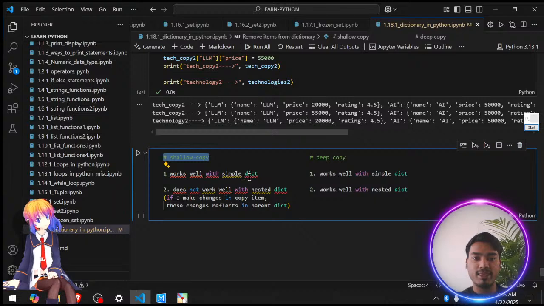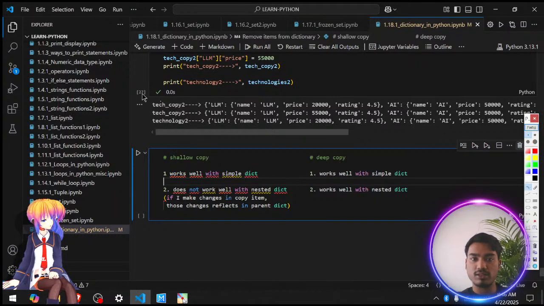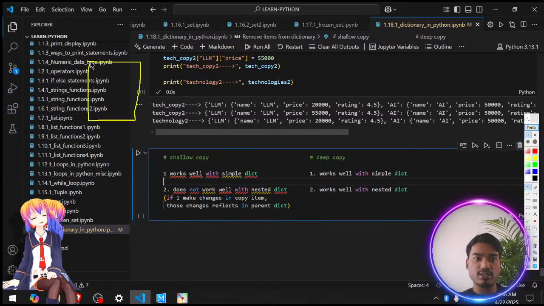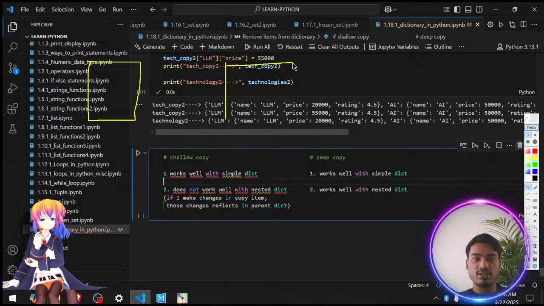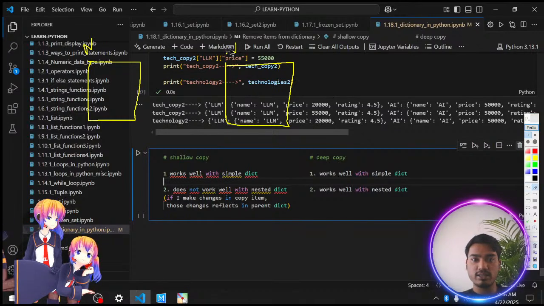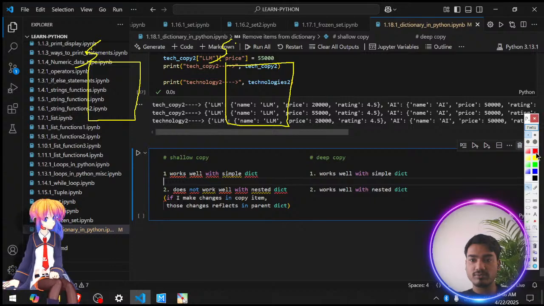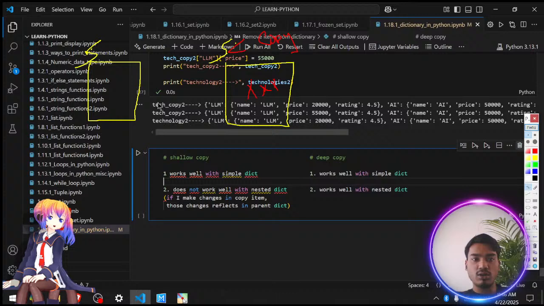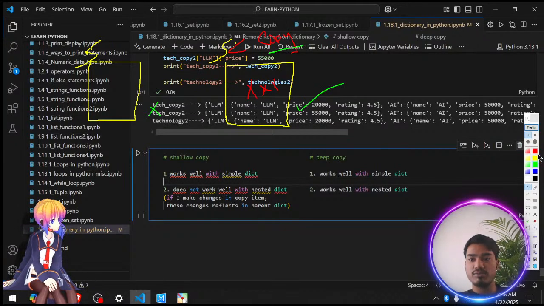shallow copy में क्या होगा कि सिंपल कॉपी को लाइक एग्जांपल देता है, दिस इज माय पेरेंट कॉपी, ठीक है, दिस इज माय पेरेंट कॉपी और दिस इज माय शैलो कॉपी, ठीक है। अगर ये नेस्टेड है ठीक है, और लेट्स नॉट गो देयर, लेट्स सी अगर ये सिंपल ही है, ठीक है, सिंपल। इफ आई मेक अ चेंजेस हियर, तो अभी जो ये कॉपी है, ठीक है, दिस इज अ कॉपी वन, दिस इज कॉपी। अगर मैं इधर कुछ चेंजेस कर देता हूँ, ठीक है, तो दोज चेंजेस विल नॉट रिफ्लेक्ट हियर, ठीक है, बस कॉपी में रहेंगे, दैट इज गुड, ठीक है। और डीप कॉपी में भी सेम चीज है।